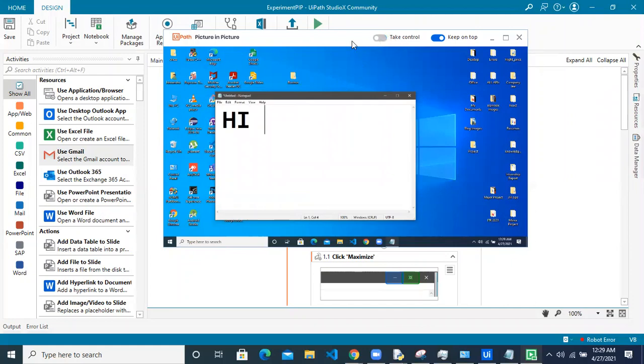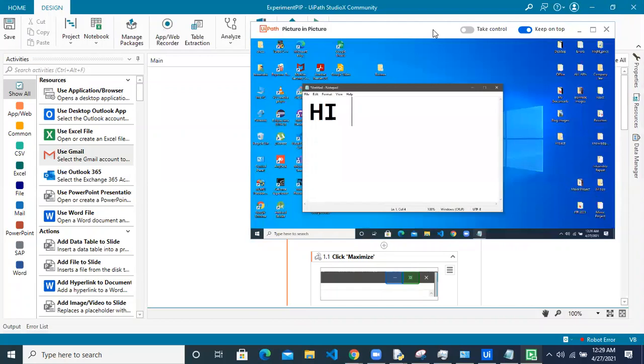If you want to make sure that the user does not go and type or click here by mistake, make sure you disable this. But if you have user input between the robot's steps or some validation is required, then you enable this, perform your actions, and go back and disable this feature. This is how you can make sure that your productivity is not lost in attended automation, and you and your robot can both work parallelly on the same machine.